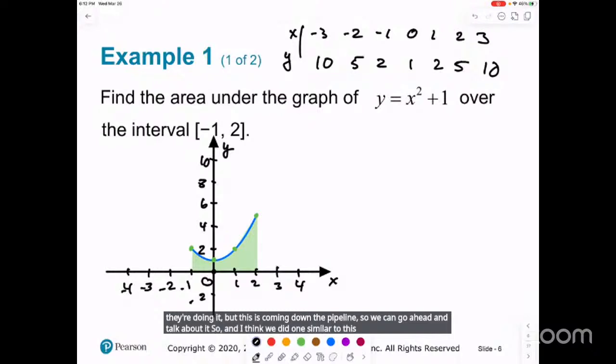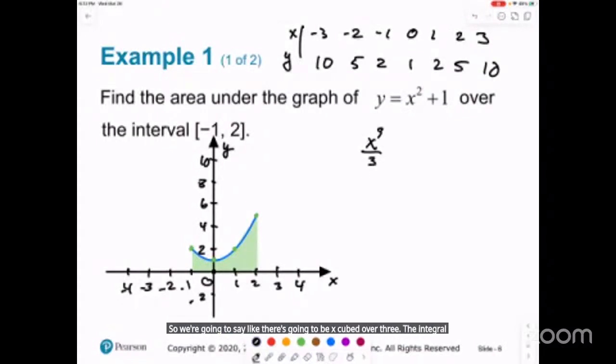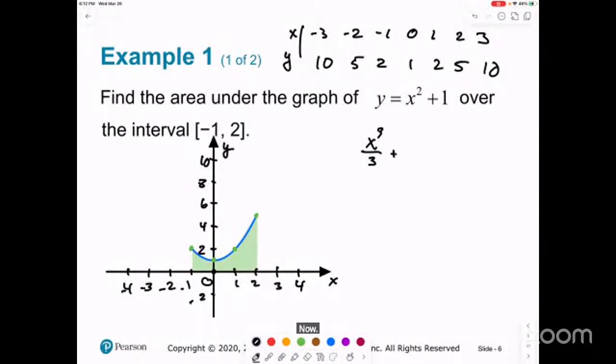The integral of, if we focus on that first term, x squared, right? The integral of this. We said what it was, like x cubed over 3. So that's going to be x cubed over 3. The integral of a constant is the constant times x, so that's just going to be plus x. Now, before we did plus c,